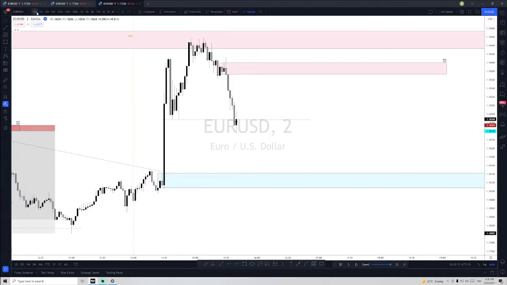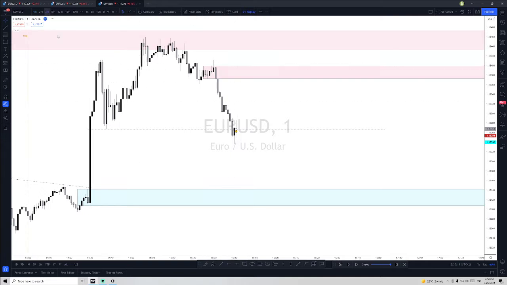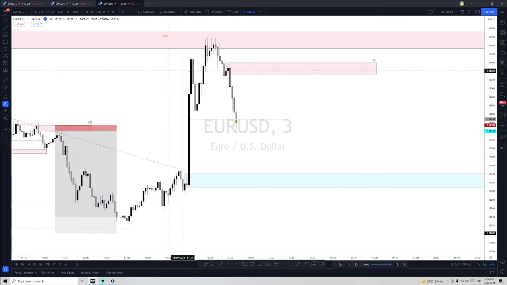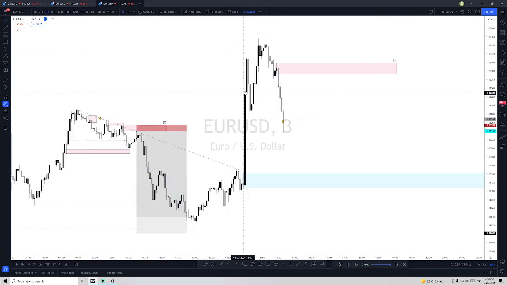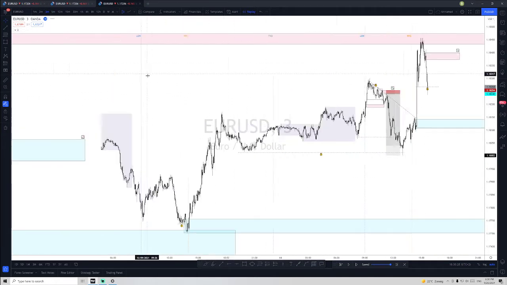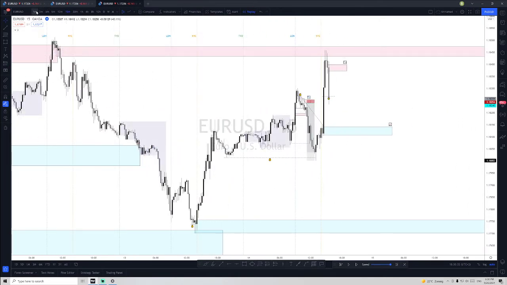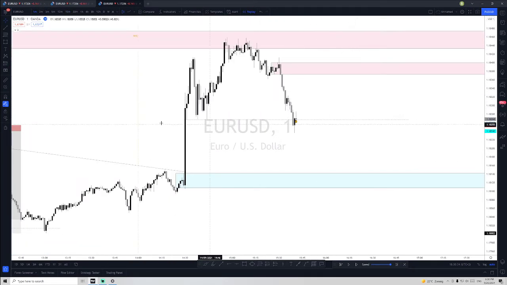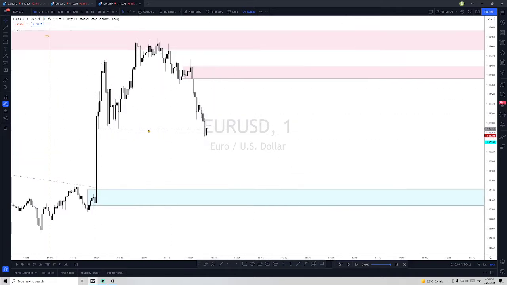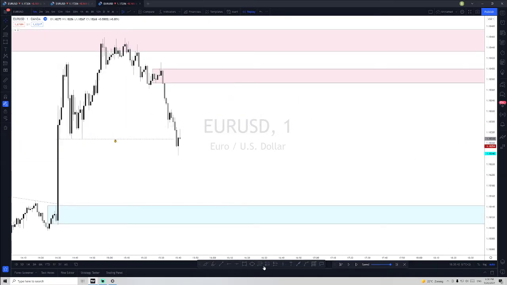All right, perfect. So for me, I like this. I like how the 3 minute and the 5 minute align with each other. I like the reaction of this area of supply in the 15. We have our structure that is being broken, and we have liquidity that has been picked up, right? So for me, I'm going to place an order,